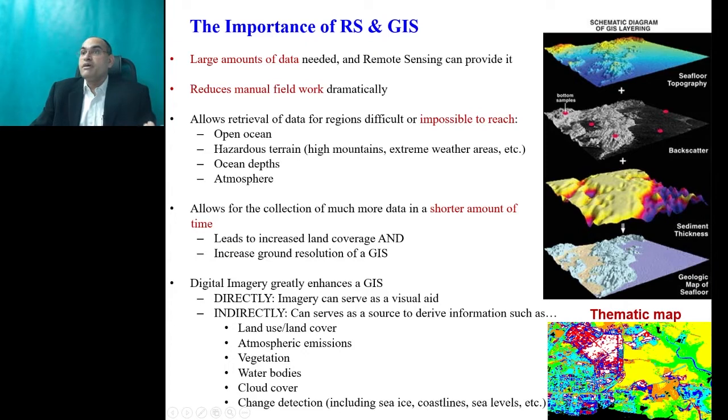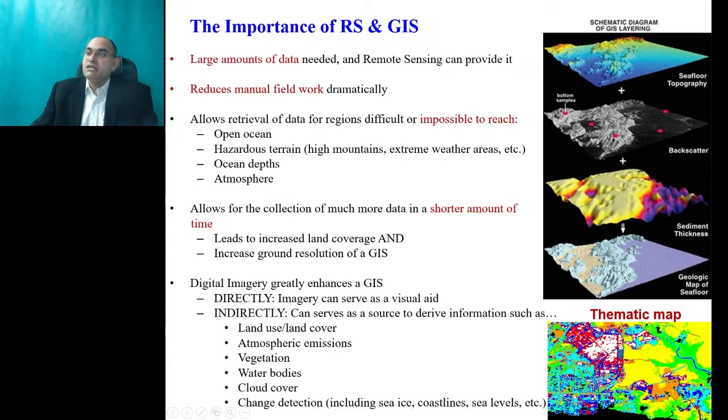It reduces manual work, and it's also possible in difficult situations or impossible research sites like open ocean, hazardous terrain, ocean depth, and atmosphere. It allows the collection of much more data in a shorter amount of time, which leads to increased land coverage and increased ground resolution, and this information can be used directly as a visual aid or map, or indirectly for land cover, atmospheric emission, vegetation, water bodies, cloud cover,